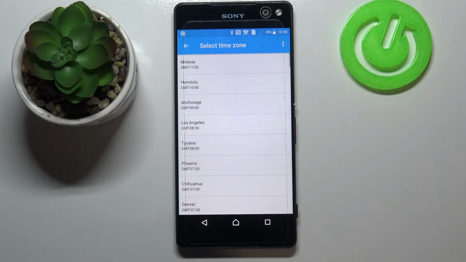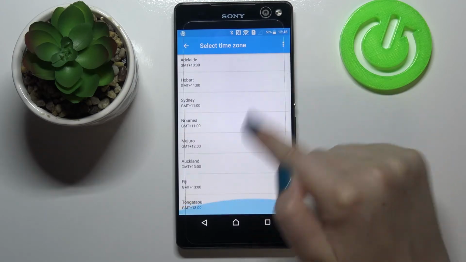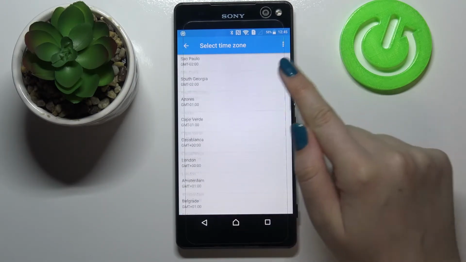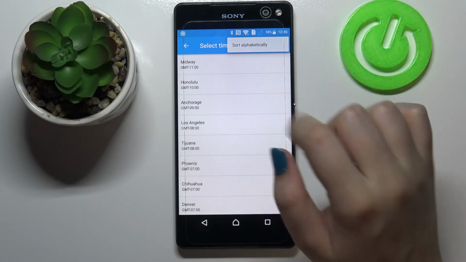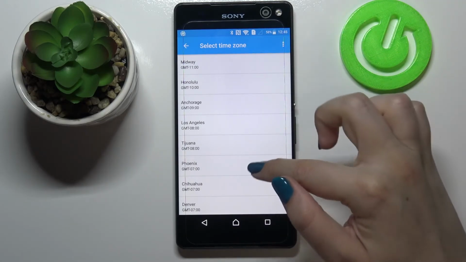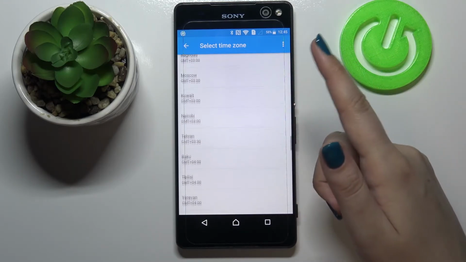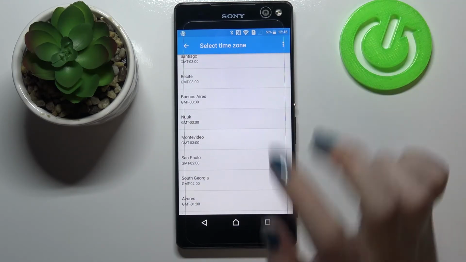We can change also the time zone, just tap on it, and here you've been transferred to the full list of all available time zones from which we can choose. After tapping on this three dots icon, you can also sort them alphabetically, so it's up to you. All you have to do right now is simply find the one you would like to set and tap on it,